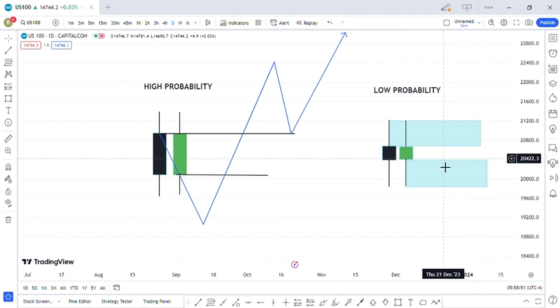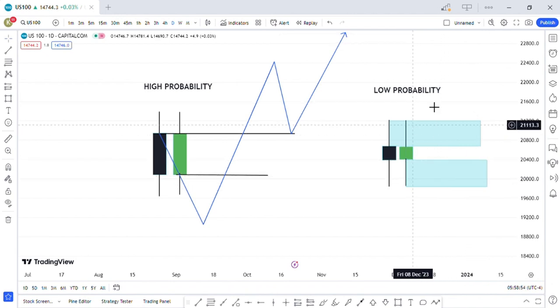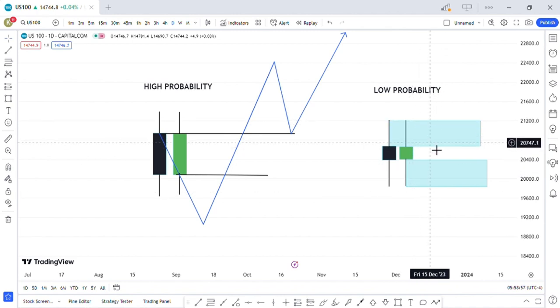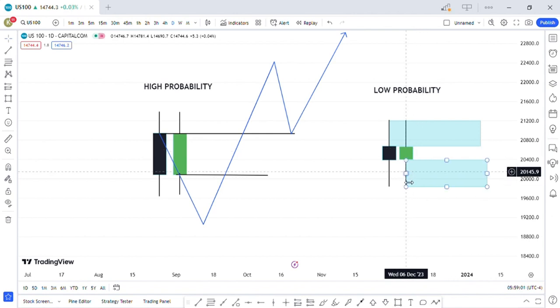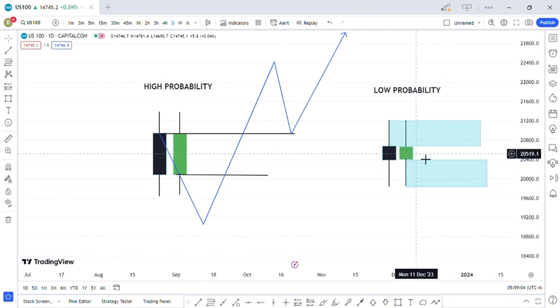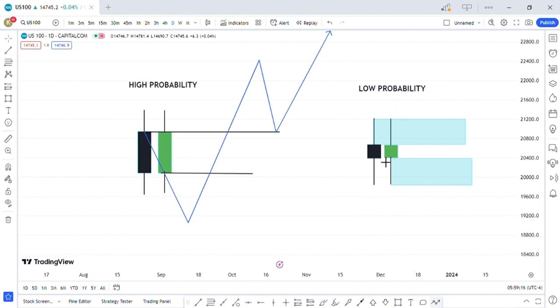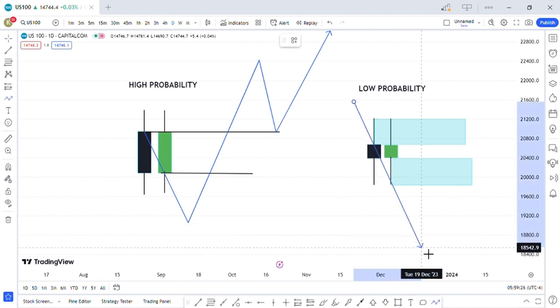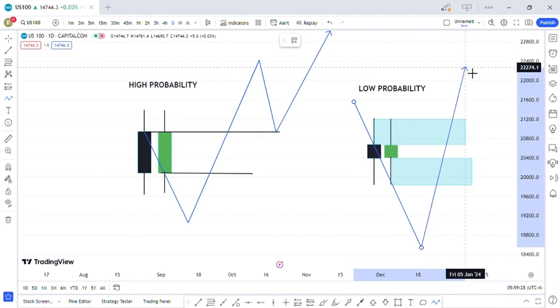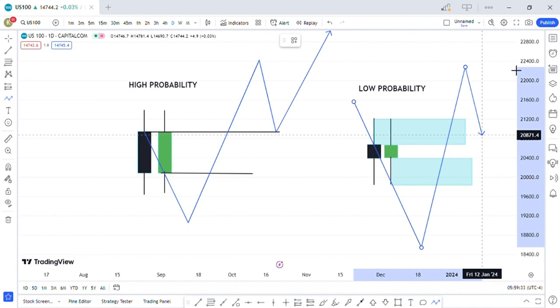Why do I use a wick to the open with the lower probability order blocks? Because with the lower probability order blocks, it's highly unlikely, and most of the time it doesn't happen, that the market comes and tests the full body of the order block. So it will come to the open of the order block, or the open of the wick, or the 50% of the wick. So what I would like to see with this is the move breaking structure and going to the opposite direction, breaking a high,